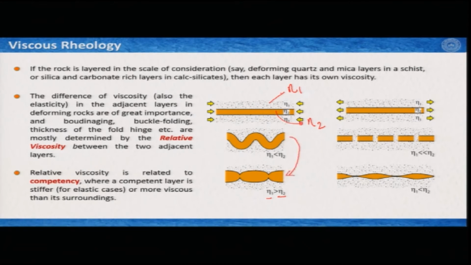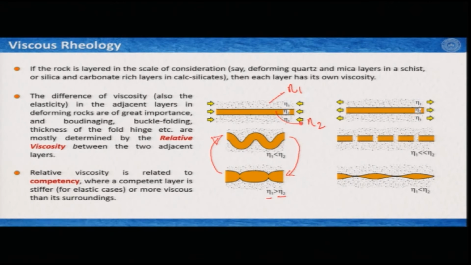And you can clearly understand that a switch from here to here is possible not by any change of dynamic parameters. That means whether you are deforming it slowly or very fast does not matter. You can switch from this to this only if you have a viscosity difference between these two in a different way. In a very similar way, if the same layer stays in an extension regime, then we can form sharp fractured boudinage when the